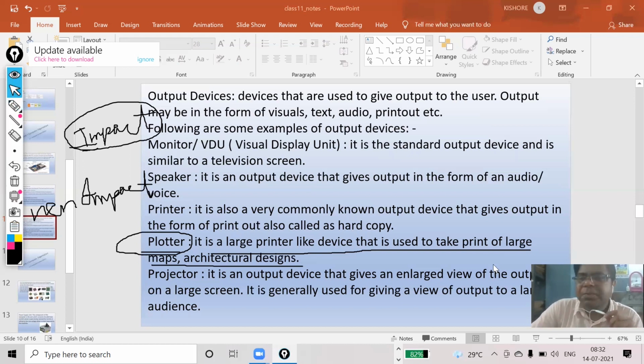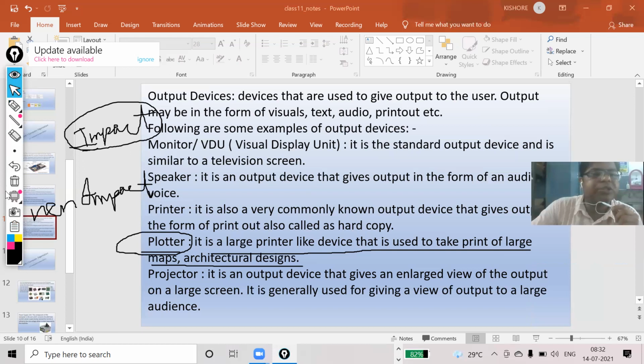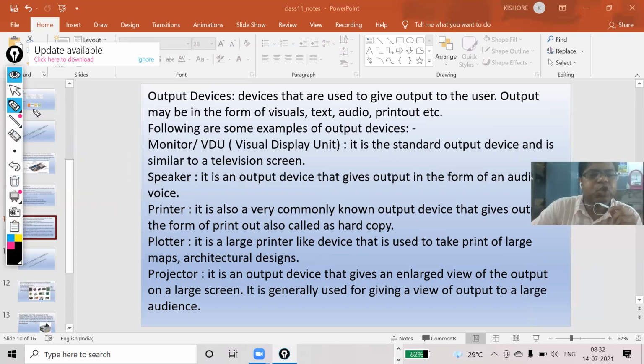Now the next part is your projector. So what is the use of a projector? Actually, a projector gives an enlarged view of the output on a large screen. Suppose I want to address many people. I have my own presentation.